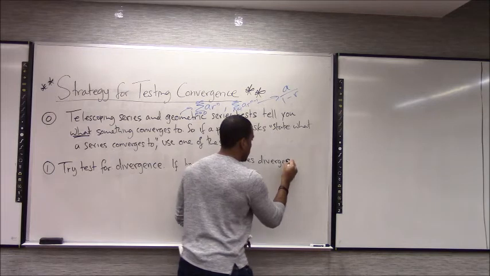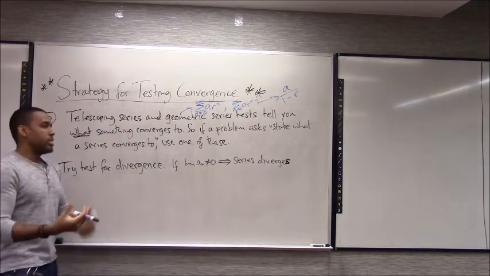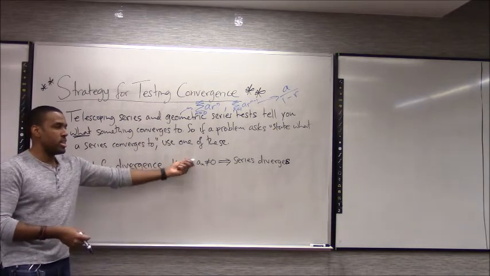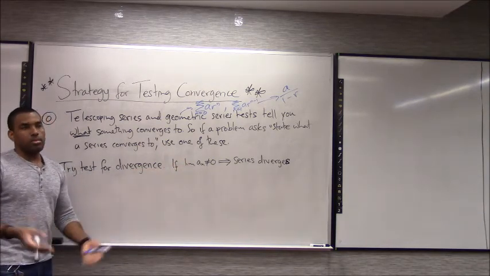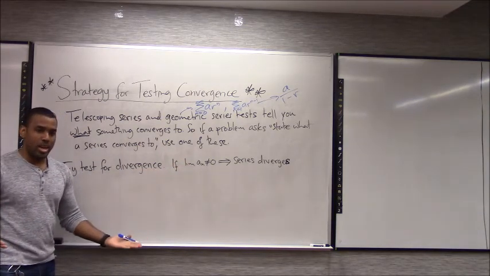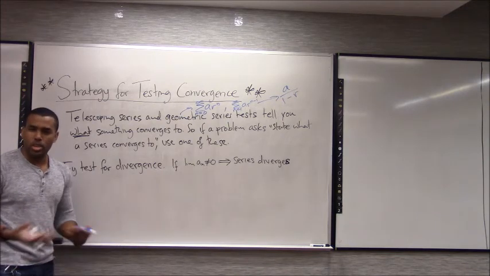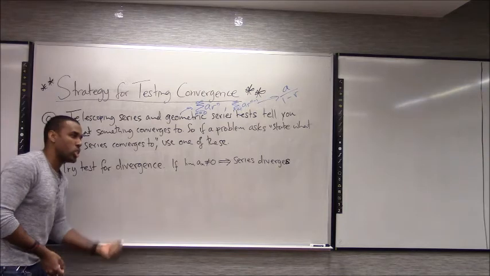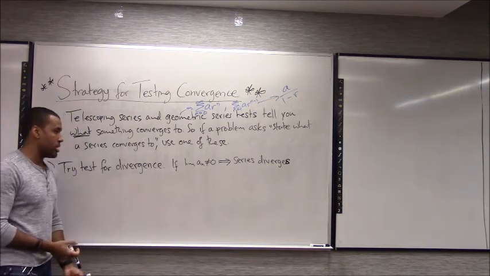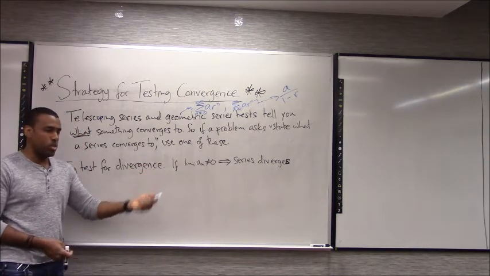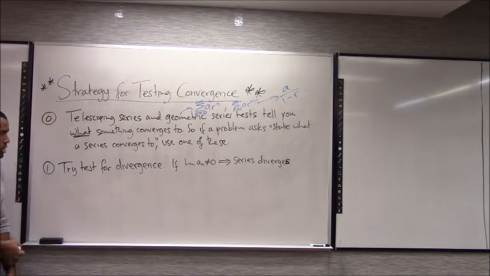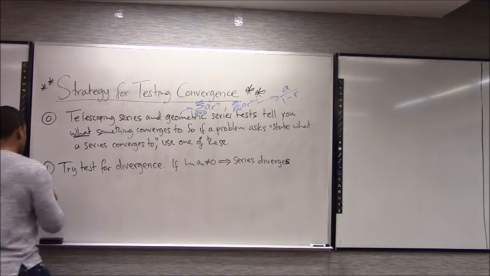So now let's say you do the test for divergence and you realize that the limit is 0, then yeah, you wasted your time, but it's not going to take a lot of time. It'll only take a few seconds. And if you don't do it, you might take a much longer time finding out the thing diverged than if you were to just do this quick check in the first place. So test for divergence, one of the first things you're going to look for all the time. The second thing you're going to look for